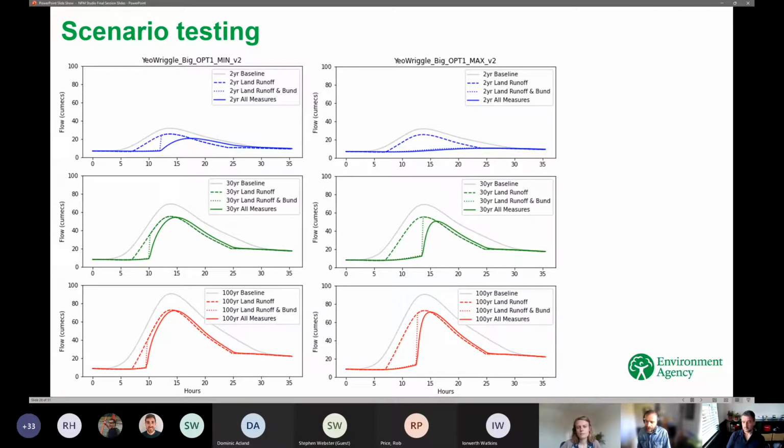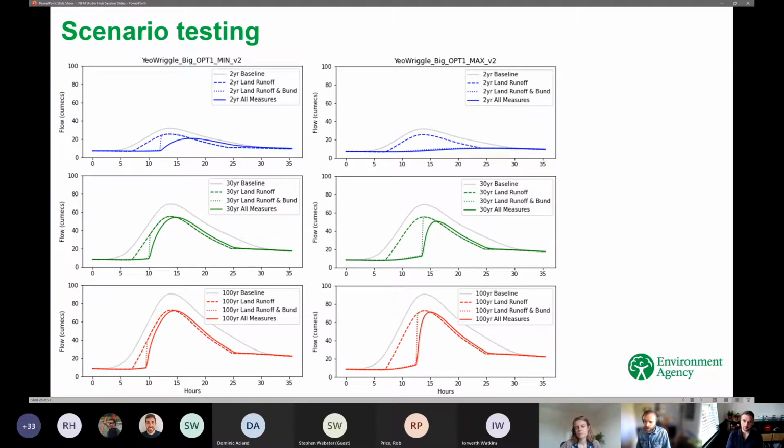The other thing that we've done as part of this is obviously there's lots of different ways that we might think about NFM in any particular catchment, but what we've tried to do is just break it down in terms of firstly the severity of floods that we might want to consider. So the tool looks at the mean annual flood, the 2-year, what we might call a nuisance flood. How effective is it at these nuisance floods, all the way through to the types of floods that we might traditionally consider as part of a flood risk management strategy, which is the 1 in 100 year